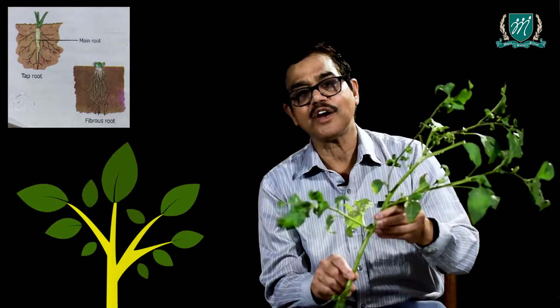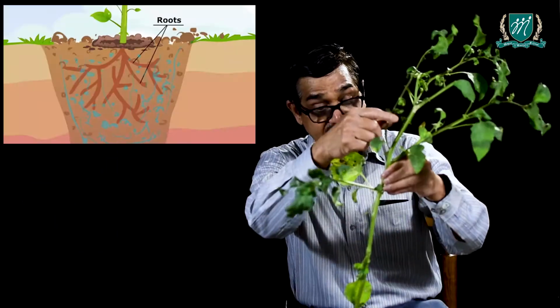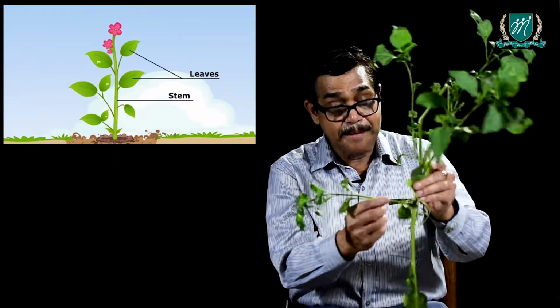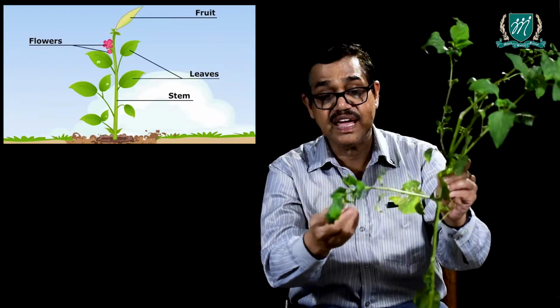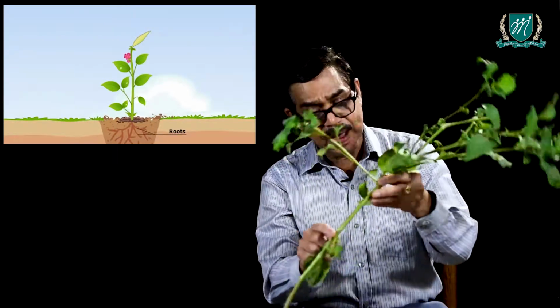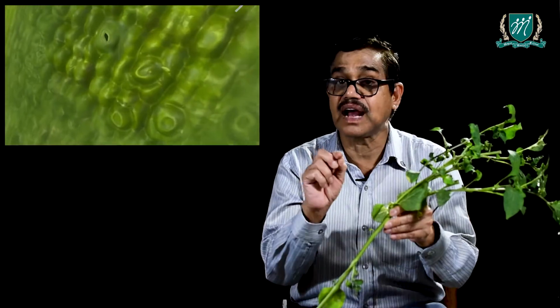The second main part of the plant is the stem. The stem is above the ground. For herbs, they can be generally green in color. And they bear the branches, they have the leaves, they have the flowers, and they bear the fruit. Now, what are the functions of stem? The stem has many tube-like structures inside. They are called vessels. The vessels that conduct water are called xylem. And the vessels that conduct food prepared by the leaves are called phloem.